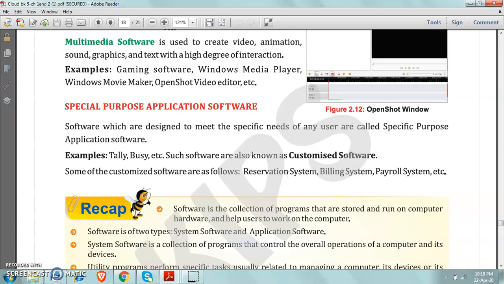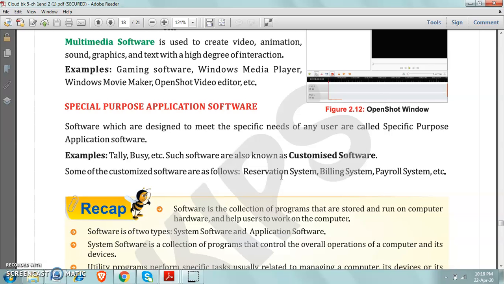Billing system, the system which is only for billing. Payroll system. So these all are special purpose application softwares which are used for special purpose only. Okay, so these are the customized softwares.